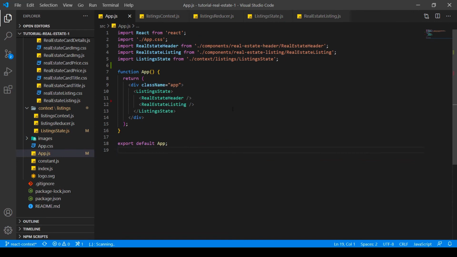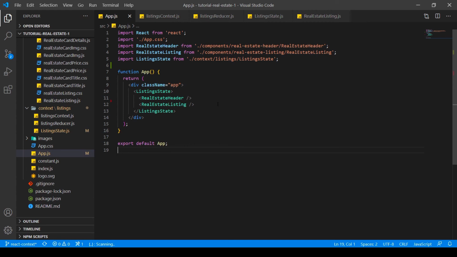Also, if we have a lot of shared state between the components, we should also use the context API or a state handler like Redux or Zustand or anything like that. So, different state libraries. In a later video, we will talk about when to use the context API and when to use Redux. But for now, I want to make it even easier for you to choose the context API,